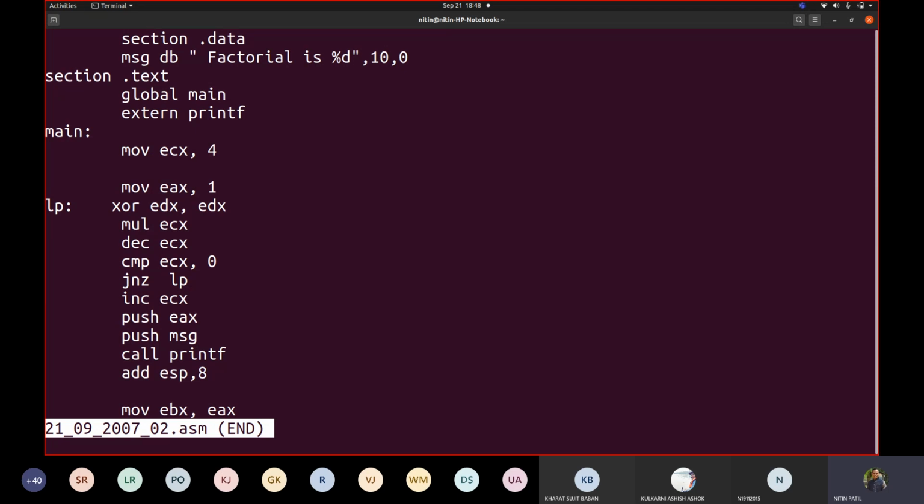This is the code you can make use of. Fine. I have added in our WhatsApp group. Use this as a reference to write your code.